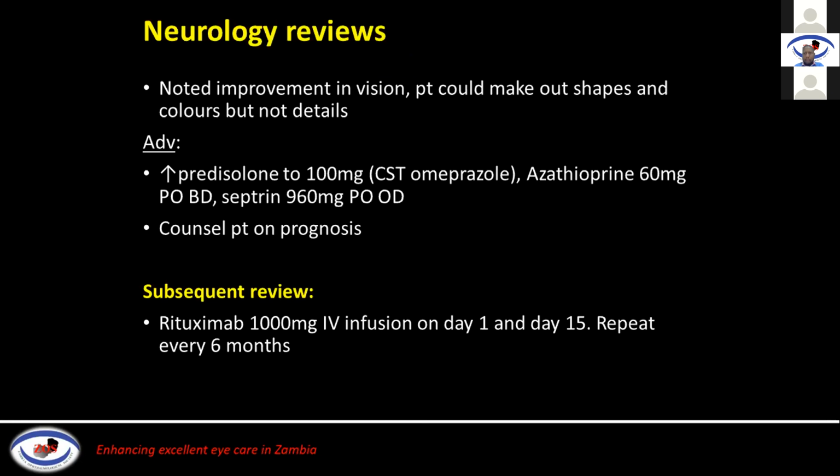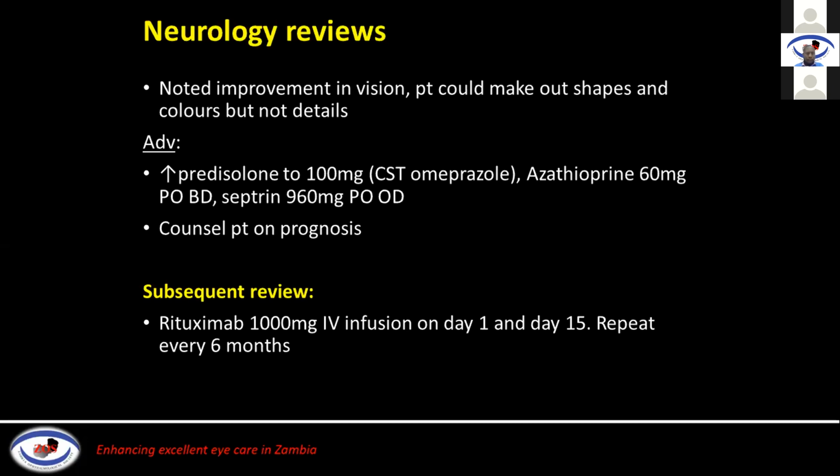So after we saw her, the neurologist also saw her, and they noted improvement in vision, but the patient could just make out shapes and colors, but not the details of those shapes. So they advised that we increase the prednisone to 100 milligrams, and they added azathioprine and septrin, and also counseled the